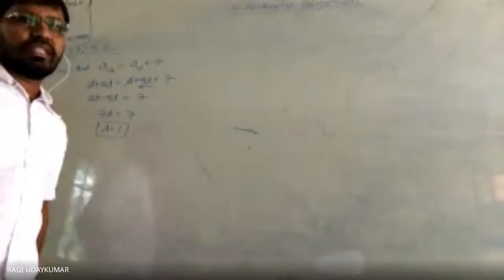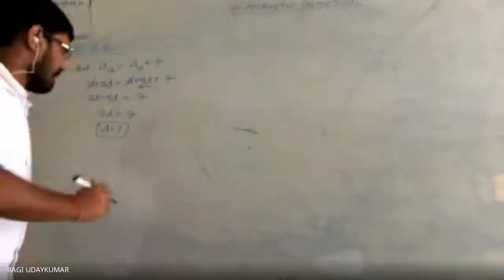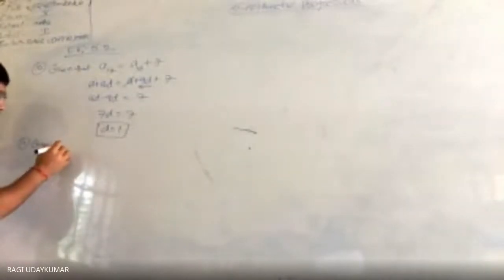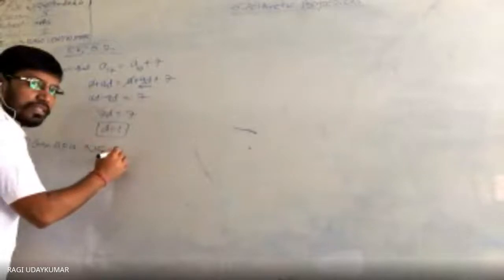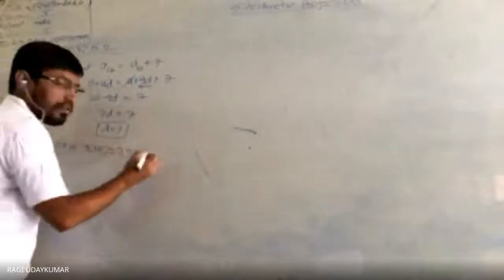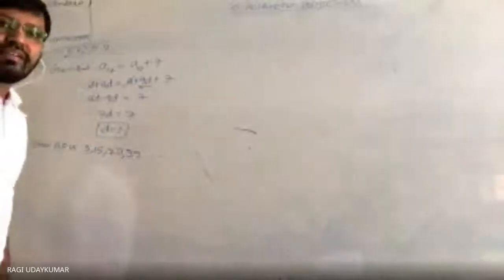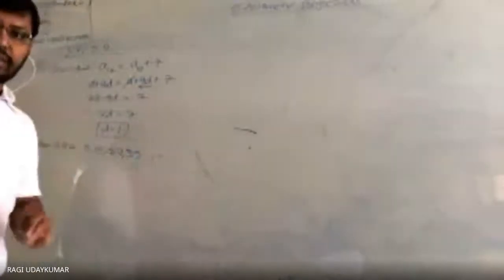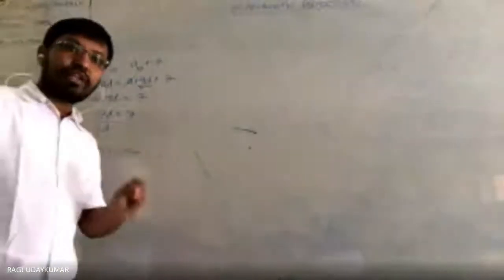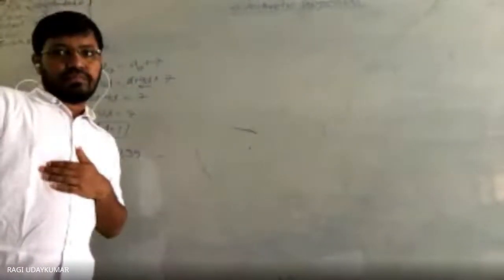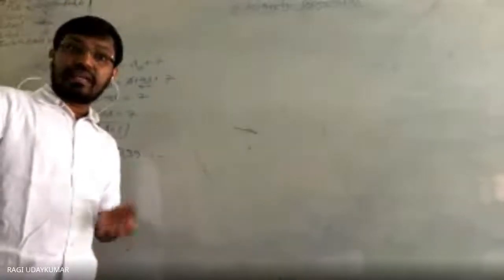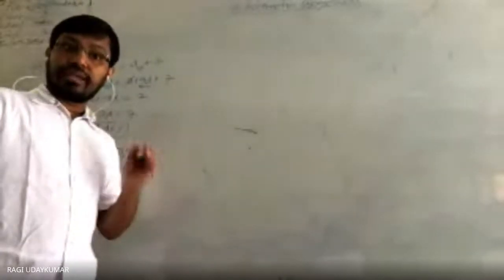In the 11th problem you see, which term of the arithmetic progression. So what is the given arithmetic progression here? 3, 15, 27, 39 and so on. Which term of the arithmetic progression will be 132 more than the 54th term?